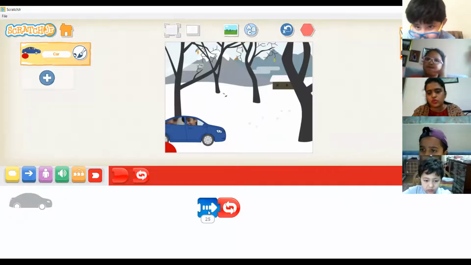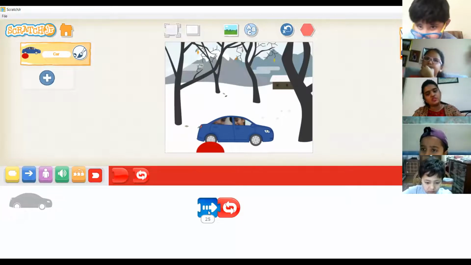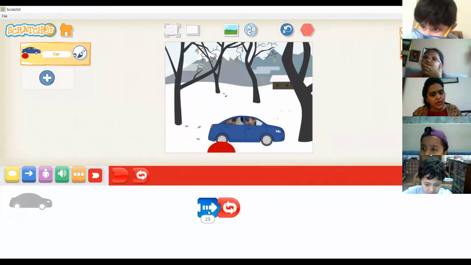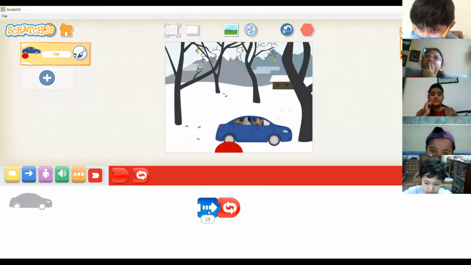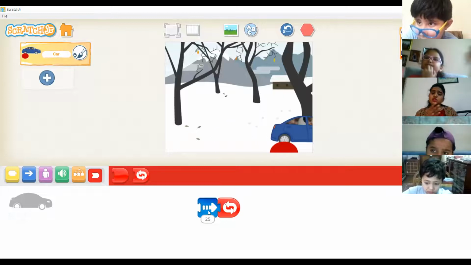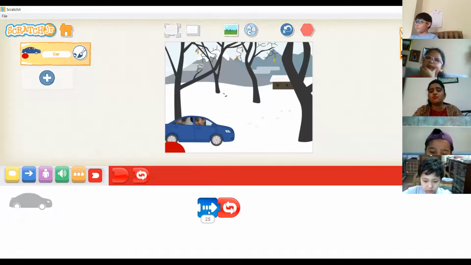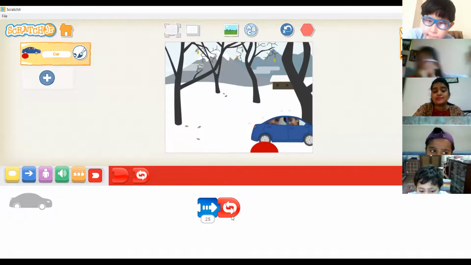Okay, and it is moving according to the instructions that I have given. So these instructions are called coding. You understood what is coding? Yes, everyone. So see, as per the instructions given by me, this car is continuously moving on the screen because I have put one loop here. So in red color, what is there? It is a loop.